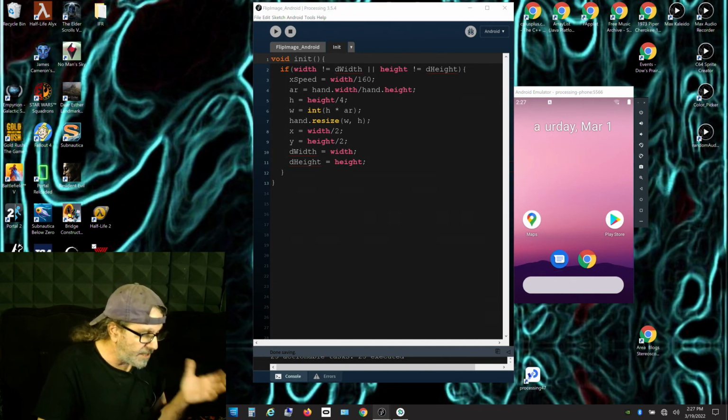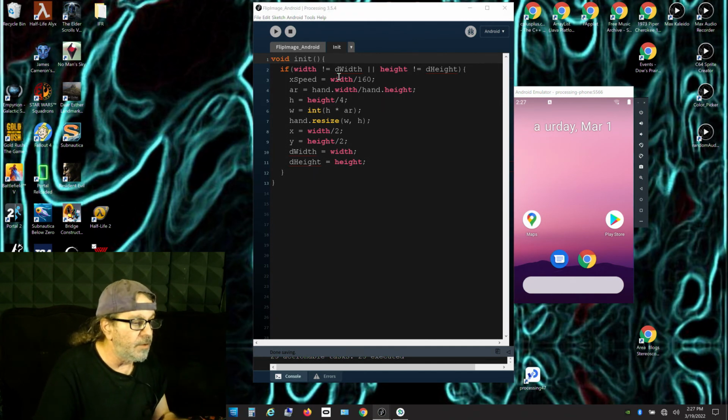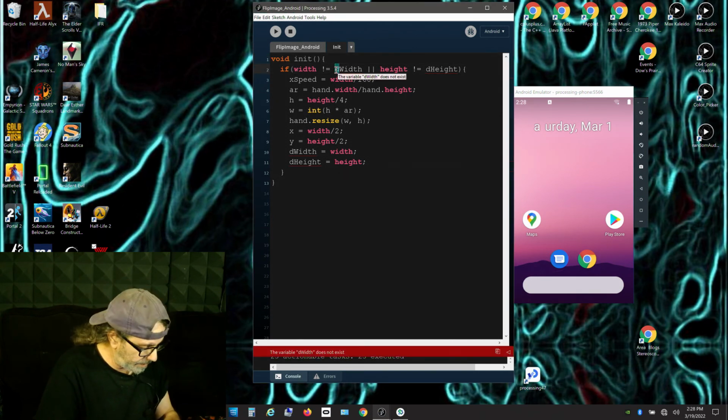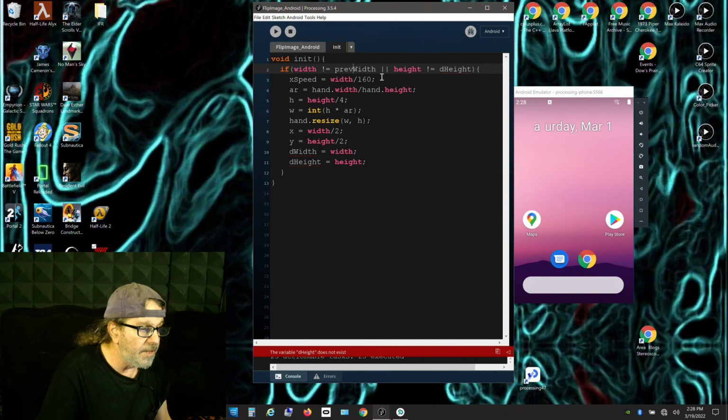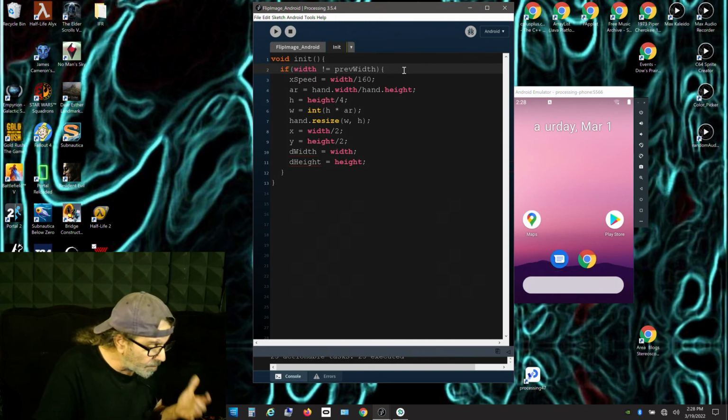We're going to do a lot of changing here. The first thing we want to do is, if width does not equal previous width, then we know that there's been a change. We don't need this part of it, so we're going to delete that. Now it's all about the